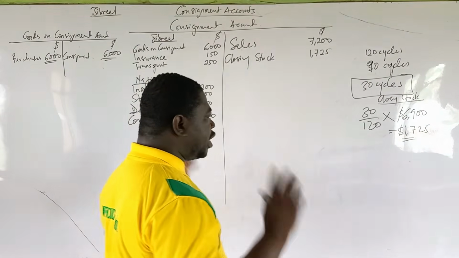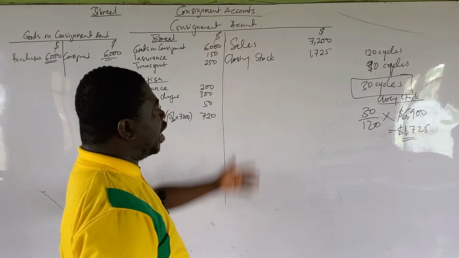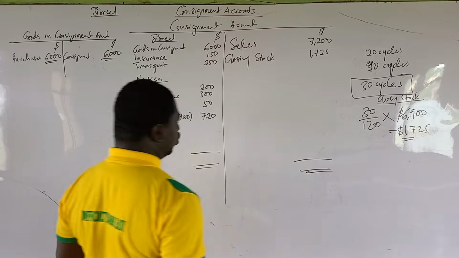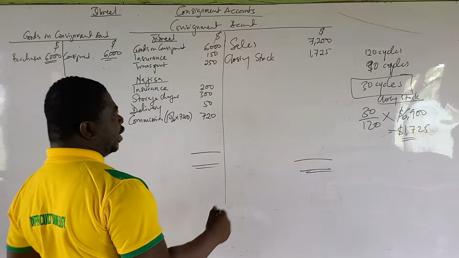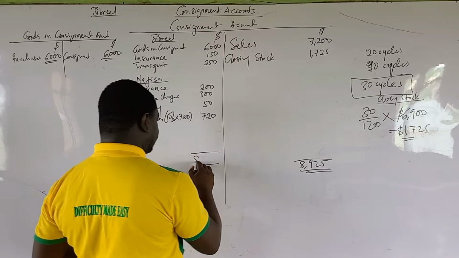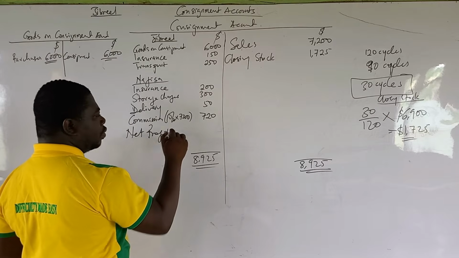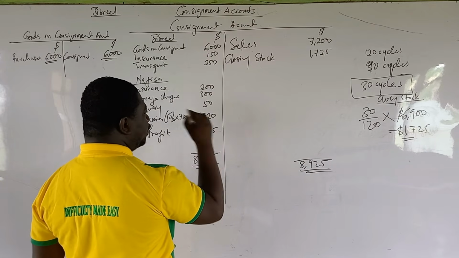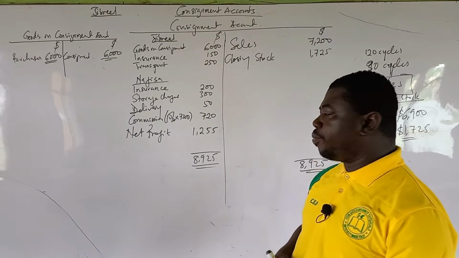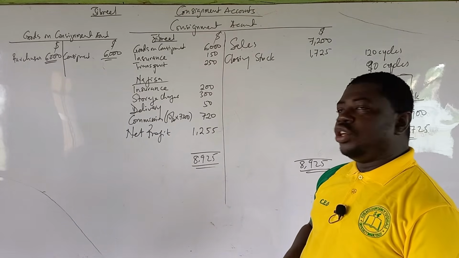that we are getting. So the general principle is that once you do closing stock valuation, you add it to the credit side where you have the sales, and then you can now find your difference as net profit or loss. And so when we add up, you can see that the credit side is the bigger side, 8,925. So the difference will be called net profit. And that is 1,255. So this is how to go by the net profit. So you add the closing stock, which will be credited to the consignment account, and then you arrive at your net